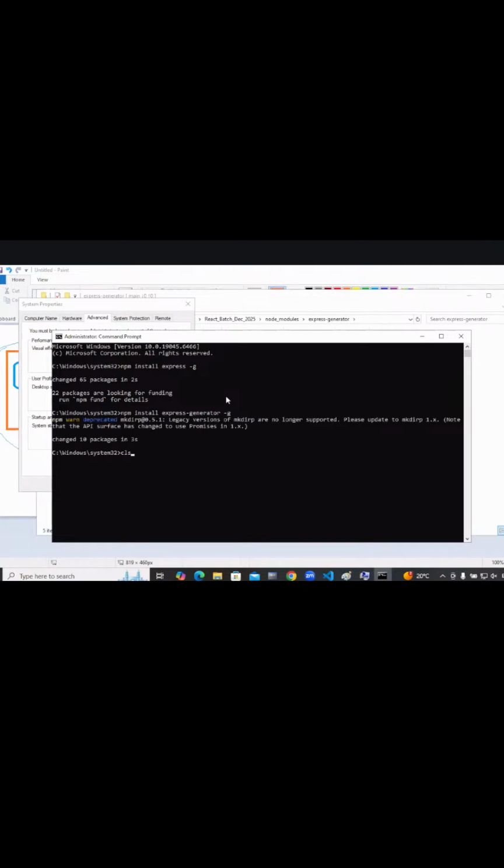Let's run in administrator mode. npm install express -g. And everything is a blocker. Check the express version. No, it automatically takes the latest actually.